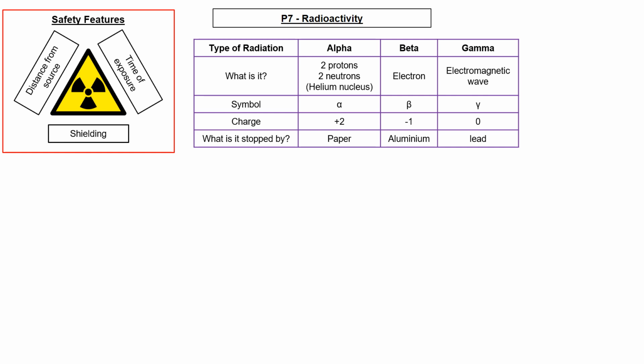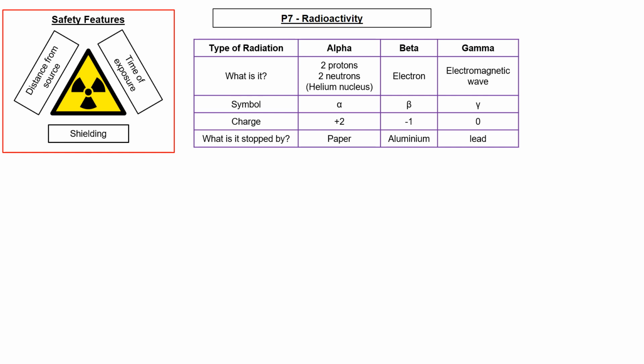So an alpha particle, it's 2 protons, 2 neutrons, the same as a helium nucleus. Not a helium atom, a helium nucleus. There's no electrons around this one. It has the symbol alpha, the Greek letter alpha, which looks like an A. I wonder where we get the letter A from in the first place, and the word alphabet. Charge, +2. It's 2 protons, +2. It is stopped by paper. It can also be stopped by about 5 centimeters of air.